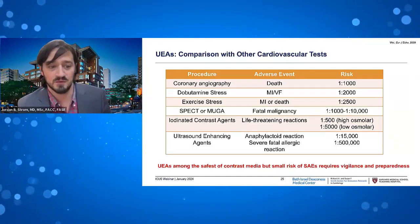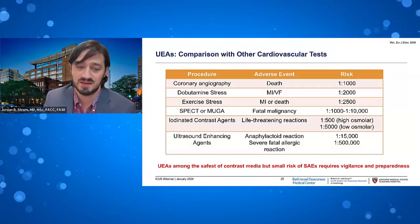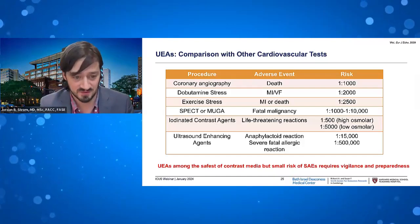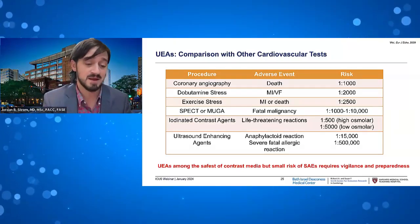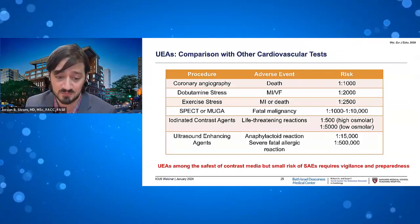And you compare that to even iodinated contrast, even the low osmolar, more modern iodinated contrast, which has a much more frequent rate of life-threatening reactions. And so we always take risks in medicine. We always take risks with the expectation of benefits. And it's a question of balancing that risk benefit and making sure that our risks are minimized and our benefits are maximized. In that setting, ultrasound contrast is amongst the safest of all contrast media,